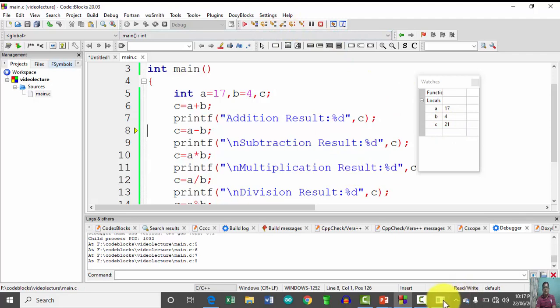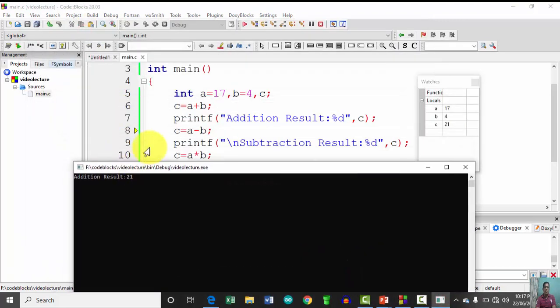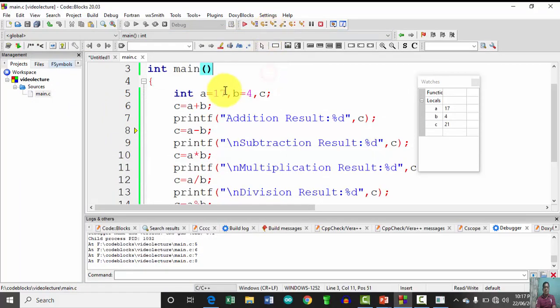So 17 plus 4, the result 21, is assigned to variable C. When I cross check it, the same result is reflected on the output window. Now for the subtraction operation, A minus B, that is 17 minus 4, the result is 13. Then C is equal to A multiplied with B, so 17 multiplied with 4, and the result is 68.